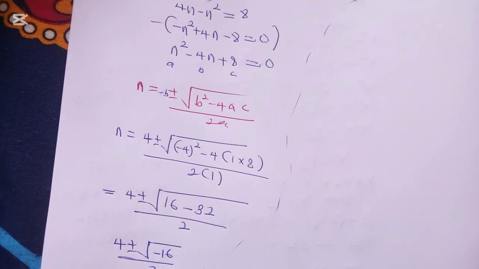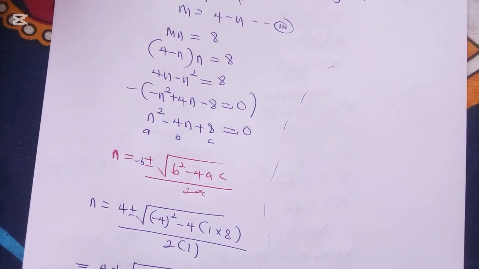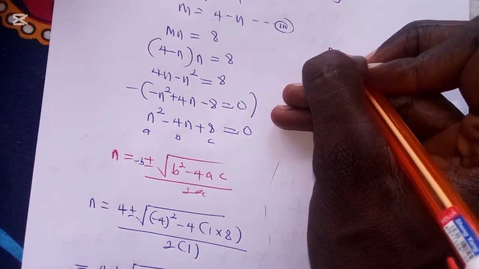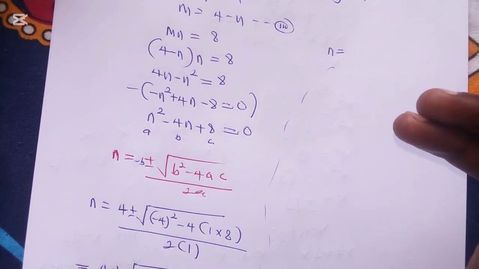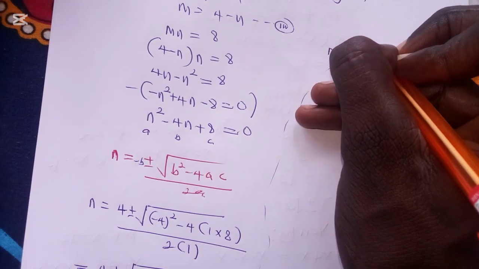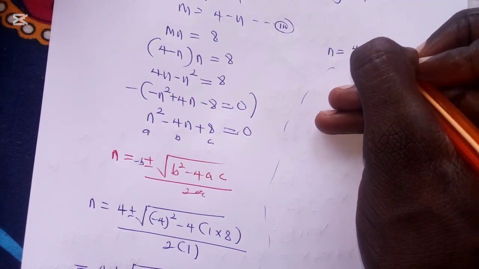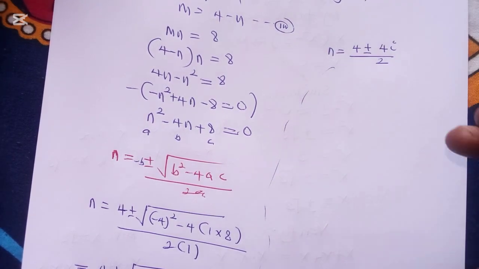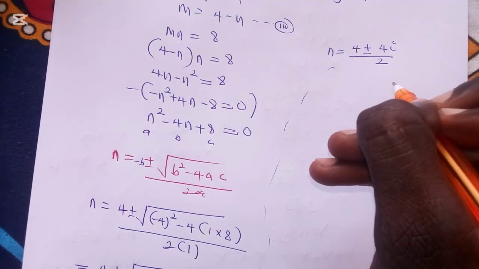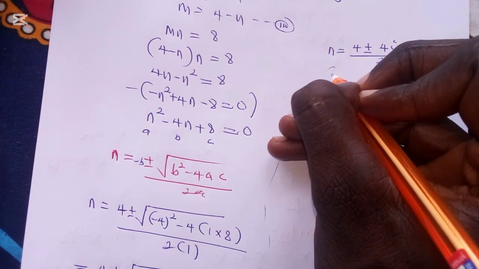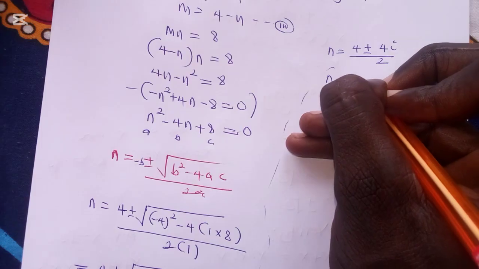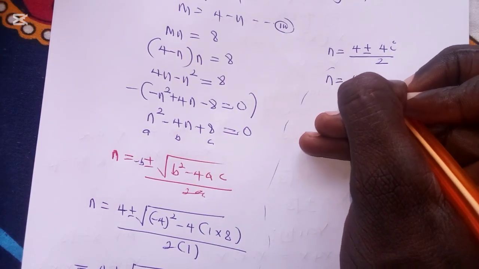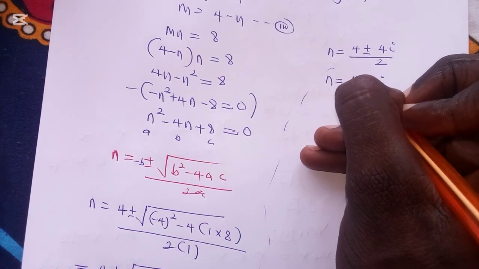Since we have n as 4 plus or minus 4i divided by 2, now we separate. Automatically we say the value of n can either be 4 plus 4i divided by 2,